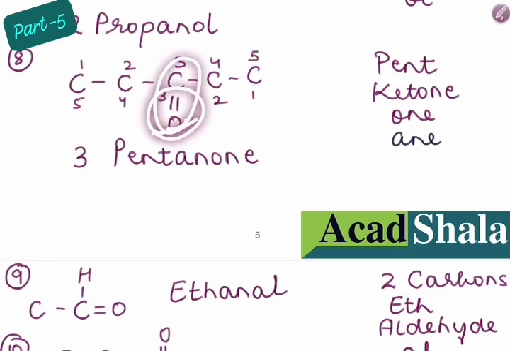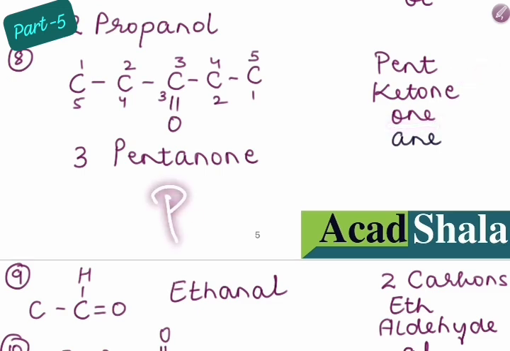So what is it? The functional group is ketone. And what is the suffix for the ketone group? That is -one. I have written it over here. I came to know that there are 1, 2, 3, 4, 5 carbon atoms, and pent was the root word. Now I've also seen that the ketone group is present, so the suffix of the ketone group, that is -one, will be present.